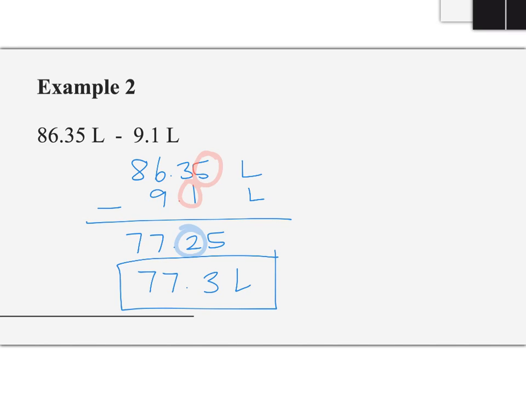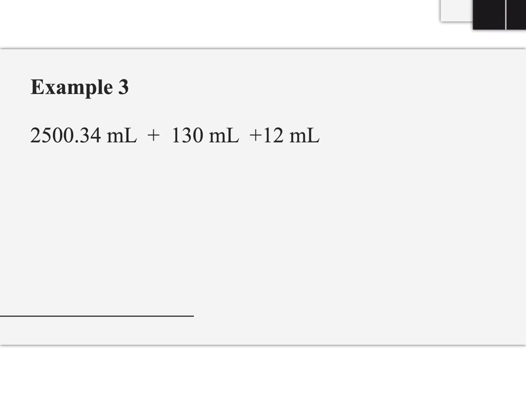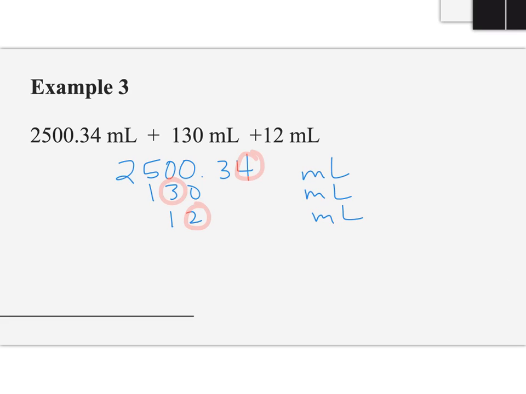One more example. 2500.34 milliliters plus 130 milliliters plus 12 milliliters. Again, we line up our decimals. 130 milliliters and 12 milliliters. Now remember, when we look at these numbers, even though the bottom two numbers don't have decimals, we still have a leftmost uncertain digit. So here are my leftmost uncertain digits. And so if I add these up,